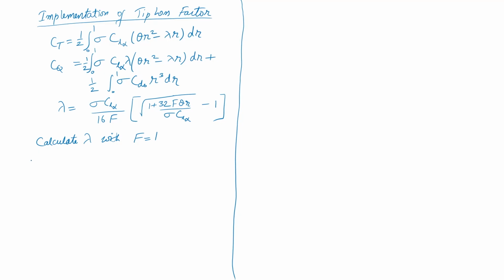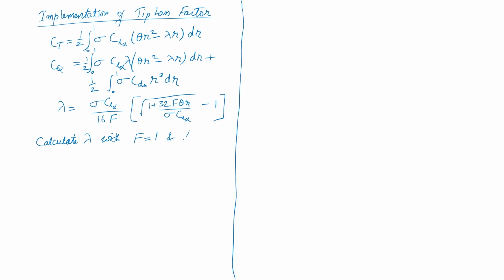If I use your normal rectangular rule, a very easy thing, I will put 200 points. I will give you a choice between using the rectangular method, or I will teach you Gaussian quadrature. You can choose either of them, they are both fairly trivial and straightforward, not so complicated. Either way, I will get a distribution, and I have to plot it to see the distribution of CT versus r, CQ versus r, lambda versus r. All those things you will have to plot. So, calculate lambda with F equal to 1. Now, what are the steps?